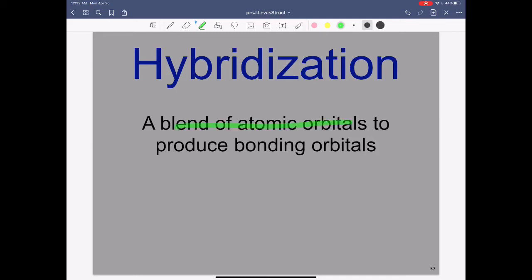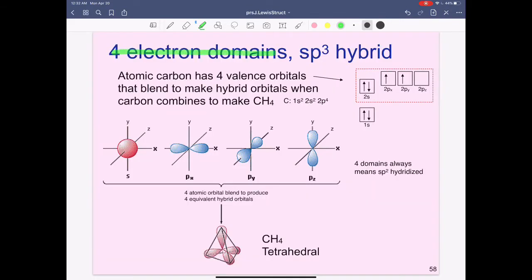Hybridization: a blend of atomic orbitals to produce bonding orbitals. With 4 electron domains, such as carbon, which has 4 valence orbitals, 2s2, 2p2, 4 orbitals, and you can see how they would be arranged in the atom. But when carbon gets ready to bond and will produce CH4, all 4 of its valence orbitals will be used, an s and all 3 of the p, and as a result they will blend together to produce 4 equivalent